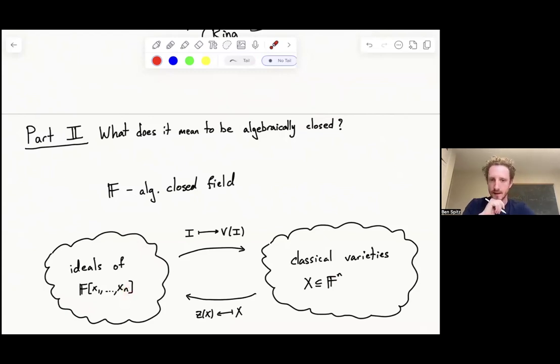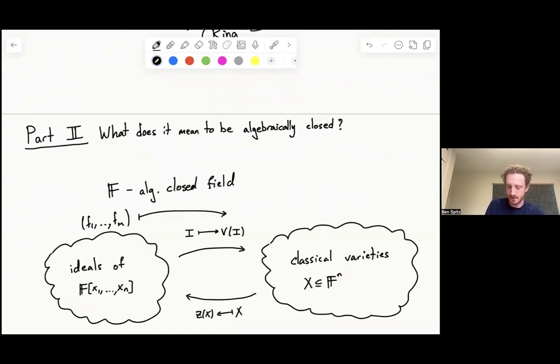Okay. And how does this work? I take some ideal over here, maybe it's generated by some elements, f1 through fm, and I map it over. I get this thing called V of f1 through fm, and we define this to be all the points x in F^n such that when I evaluate each of these polynomials at that point, I get 0.